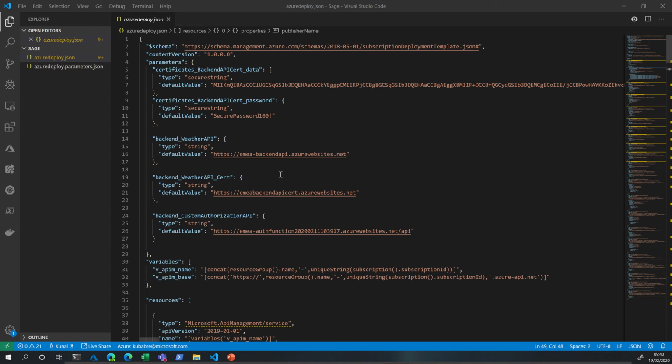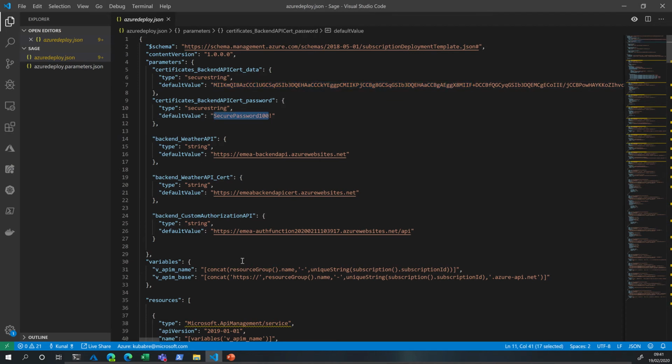So following our call last week, this is a sample of an ARM template. Now this is not necessarily a production-ready ARM template. This is just trying to get all the elements of API management in one place. You can see I have hard-coded things like the certificates and the passwords, which you should not do, and